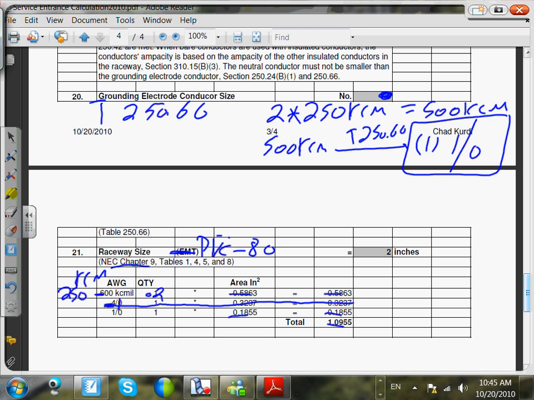Size a PVC conduit for 3 conductors. Do you guys know how to do it? 3 conductors. Remember, each conduit is going to have 3 conductors, 250 each. But we're going to have 2 conduits. Does that make sense? When we parallel them,